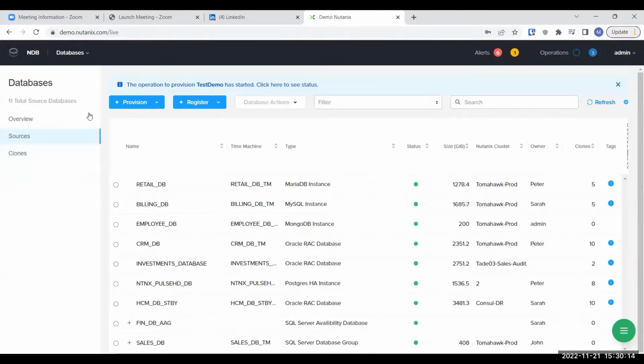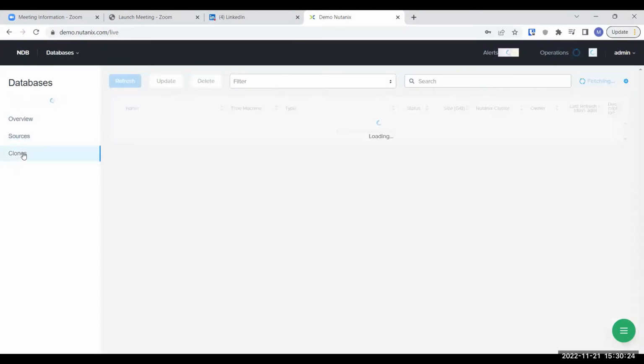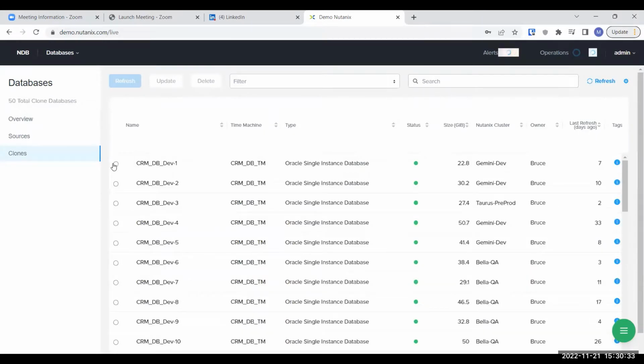While it's provisioning, we can go to clones. And just click refresh. It's just a matter of one click and your clone of the database will be refreshed.